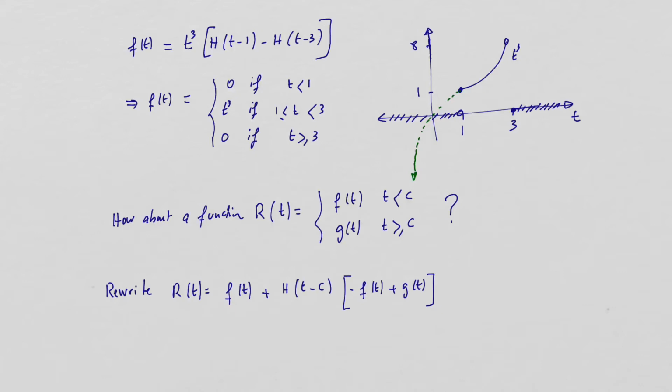And let's think about it. It's f of t plus, you hit this difference with the Heaviside, where the term changes at c, obviously. So you have to have h of t minus c for sure. Just like you have to have h of t minus 1 and h of t minus 3, we know we're going to have h of t minus c. And here is how it works. If t is less than c, right? If t is less than c,